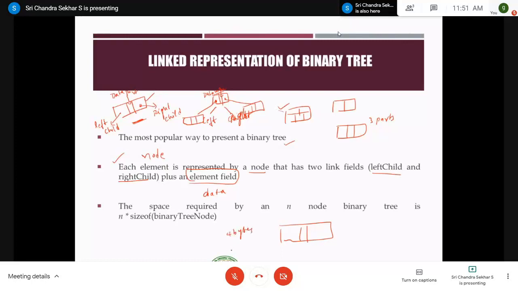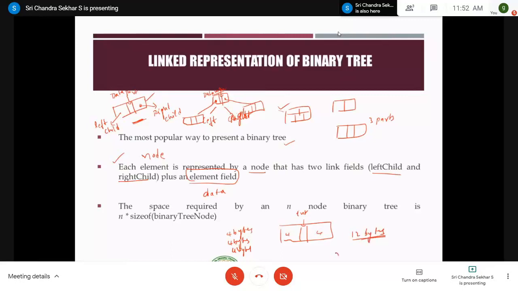If I am working on a 32-bit or 64-bit, it varies, right? If I am working on a 16-bit architecture, then it varies, right? Let me take the pointer size as 4 bytes. Therefore, this is 4, this is 4, and let me take this as integer. Therefore, this is also 4. Therefore, a total of 12 bytes is required to represent a single node in a binary tree.